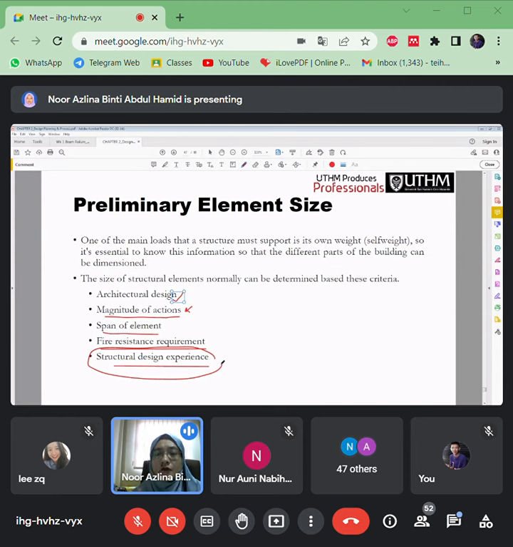Okay, one of the beams that I design, if you can imagine the hall, the size of beam is quite large kan, semua besar-besar sebab the long spans kan, tak ada columns pun between it, just 2 column kat hujung sana. All the columns also big enough and also the beams.